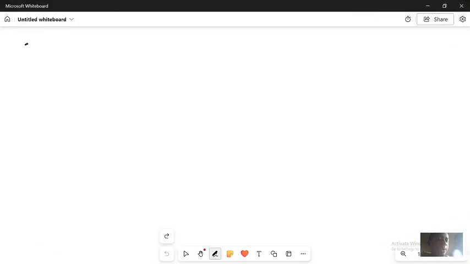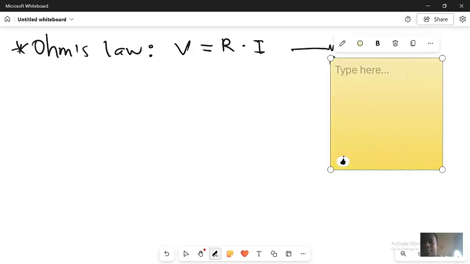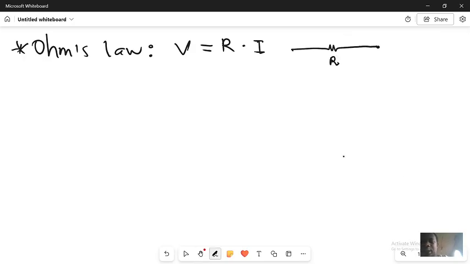Today we'll discuss Ohm's law. Ohm's law states that voltage equals the resistance multiplied by the current. We all know that. Let's say, for example, we have a resistor R, and it has a voltage V